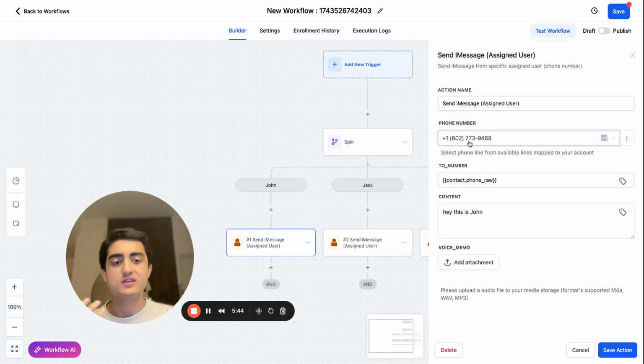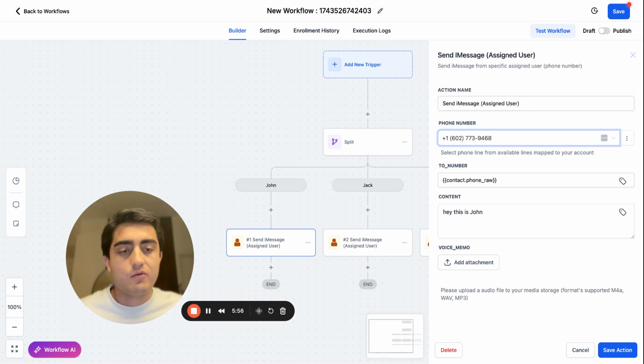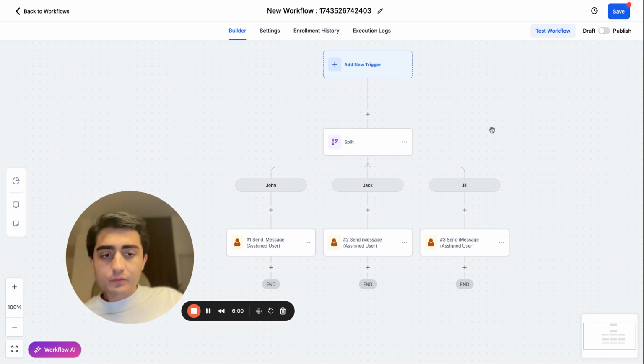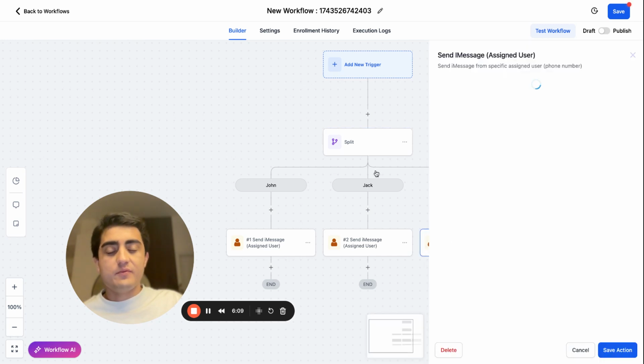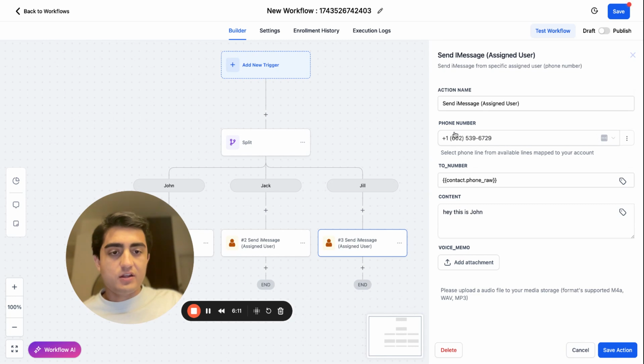It's going to ensure to use this number and not some other number, and that in the conversation window, that's already automatically done, if that makes sense. There's no further tweaking there. So our system will know to use kind of like a smartphone number, if you will, to make sure it does that. And likewise, if a lead comes through and it gets split up, obviously this is just a random split here. You could have different distribution types, but if it comes through Jill's number and he uses this phone,